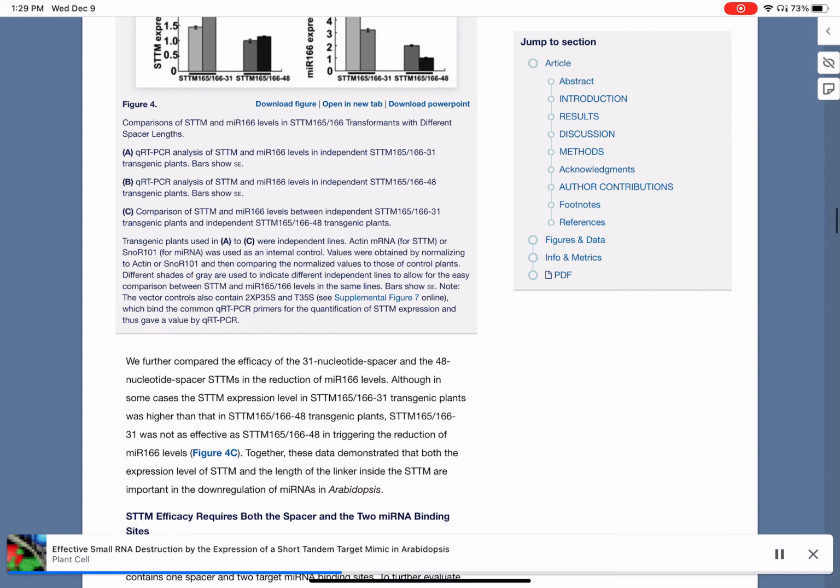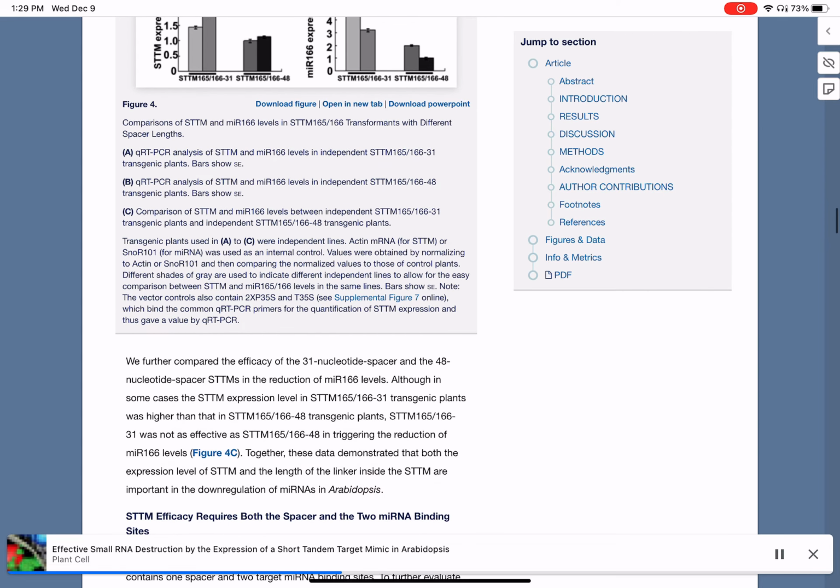Together, these data demonstrated that both the expression level of STTM and the length of the linker inside the STTM are important in the downregulation of mRNAs in Arabidopsis. STTM efficacy requires both the spacer and the two mRNA binding sites. Compared with the IPS1-based TM, a featured distinction of STTM is that it contains one spacer and two target mRNA binding sites. To further evaluate the contribution of the spacer and the two binding sites to the efficiency of STTM,